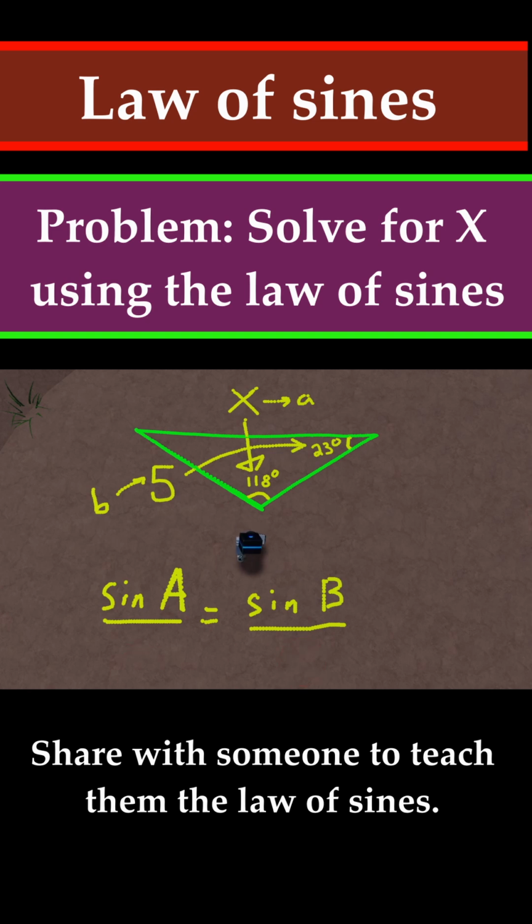So now let me fill in everything we know. Little a was side x, and side B was 5 units long. To fill in the angles opposite to the sides: opposite to 5 is 23 degrees, and opposite to x is 118 degrees. Now we can simplify this and solve for x. First, I'm going to do sine of 23 divided by 5. If you go ahead and do that, you should get that it is equal to